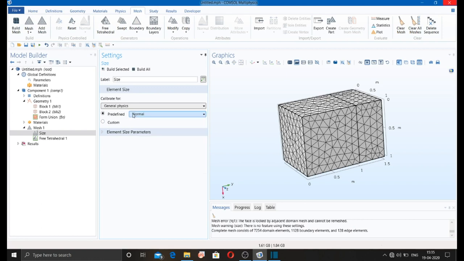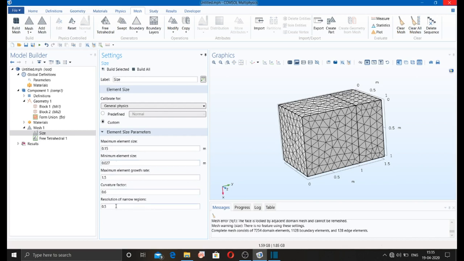So this is the predefined. If I want to view the custom, maximum element size, minimum element size, growth rate, curvature factor, any resolution of narrow regions you can give from here.